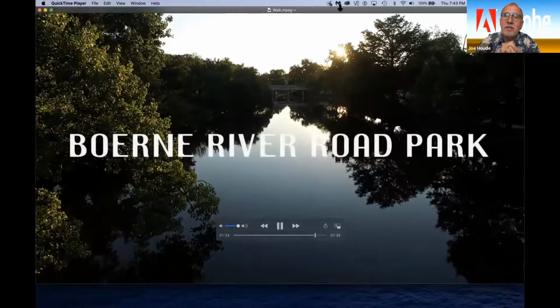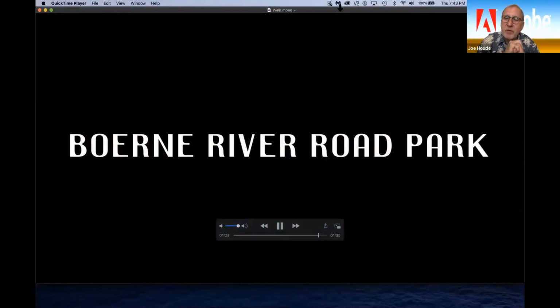As the sun sinks slowly in the west, we leave the Burney River Road Park